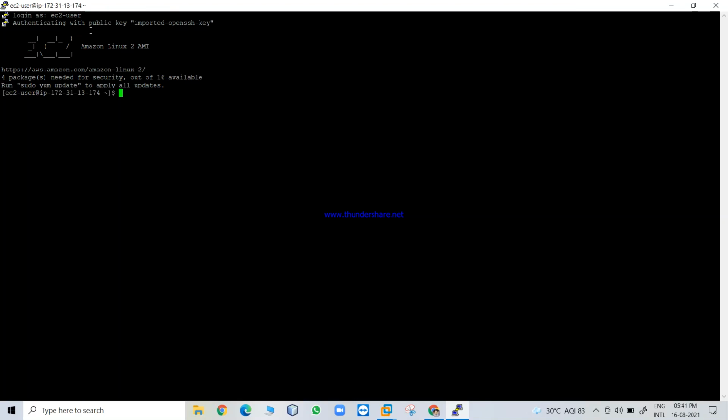Now we enter root mode from user mode. To come into root mode, we use the sudo su command, and now we are in root mode.